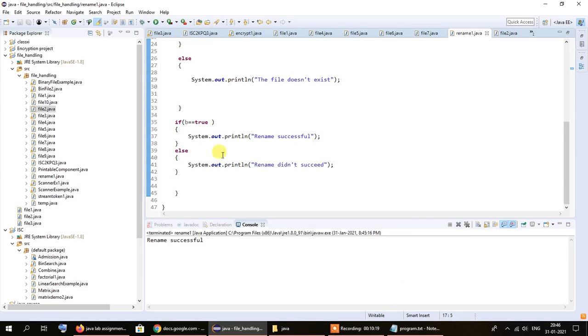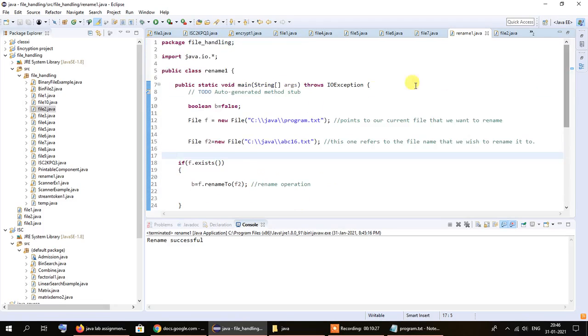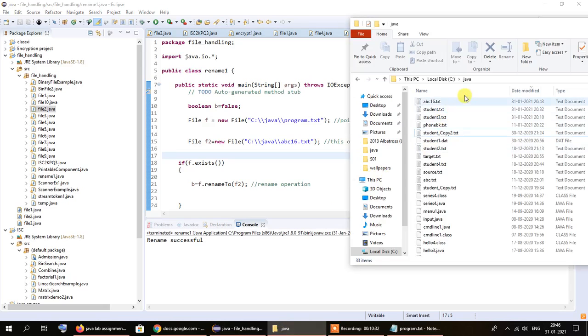So please go ahead and try to run it on your own personal computer or laptop that you have at your disposal. And before you try to run this program, remember that you must create a file called program.txt in your C Java folder if it doesn't exist. If it doesn't already exist, you will have to create a program.txt file in your Java directory under the C drive. Because if you do not have a file called program.txt, it will return a file not found error. Okay, and in that case this program will not work, and you will end up thinking that the code is not working even though the code is perfectly fine. And preferably